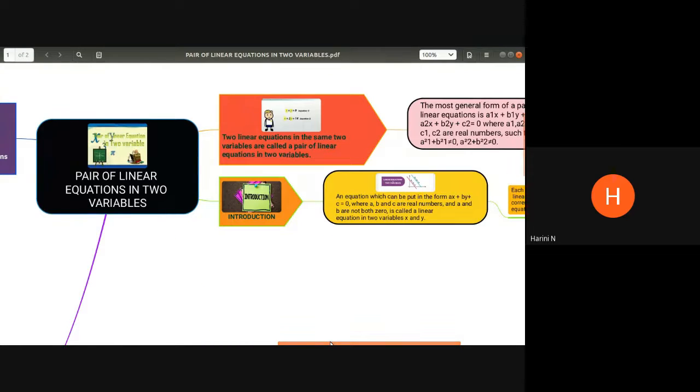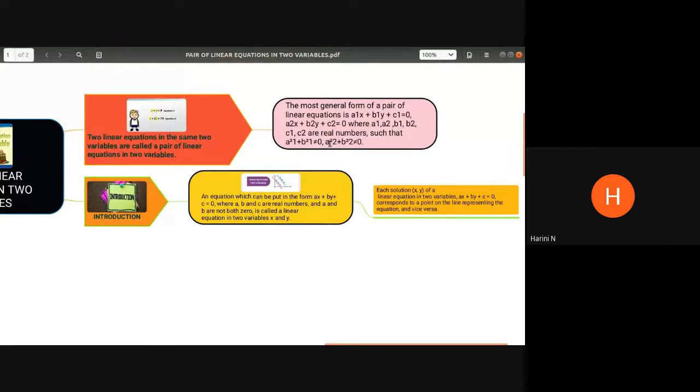Now, what is a pair of linear equations in two variables? We shall be explaining and seeing its general form also. So these are the general forms in which a pair of linear equations in two variables will be represented. We will take it up one by one as we deal with it. Then how the graph of a linear equation looks, we already know. It will be a straight line graph, either intersecting the x-axis or intersecting the y-axis, or sometimes it may intersect both the x and the y-axis. So this is how the graph of a linear equation will look.